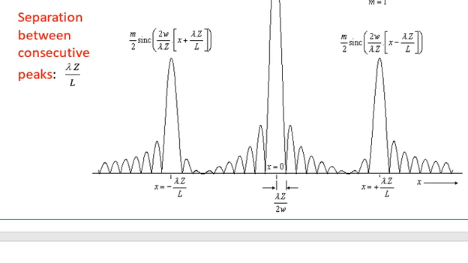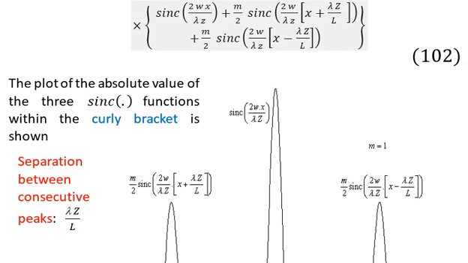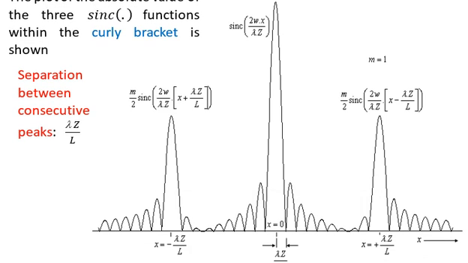One is at x is equal to plus lambda z over L, and the other sinc, the center of the other sinc, is located at x is equal to minus lambda z over L, and the central sinc is of course located at x is equal to 0, as is also obvious from this one, that this sinc is centered at x is equal to 0, and from this one we can see that the right sinc function is centered at x is equal to lambda z over L, as obvious from the mathematics